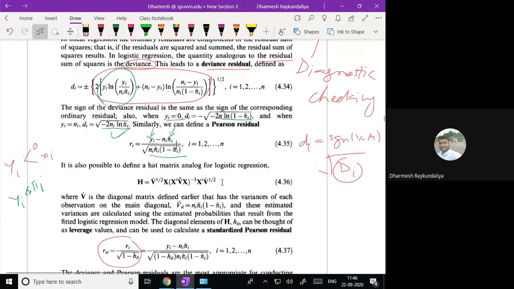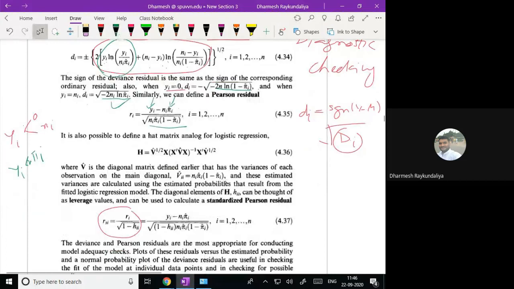And if you make the Pearson residual, now we also know the form of the hat matrix. The hat matrix, in the second semester we have seen, is X (X'X) inverse X'. And if X'X is invertible. If it is not, then instead of the minus sign we write a bar, so we write the generalized inverse.